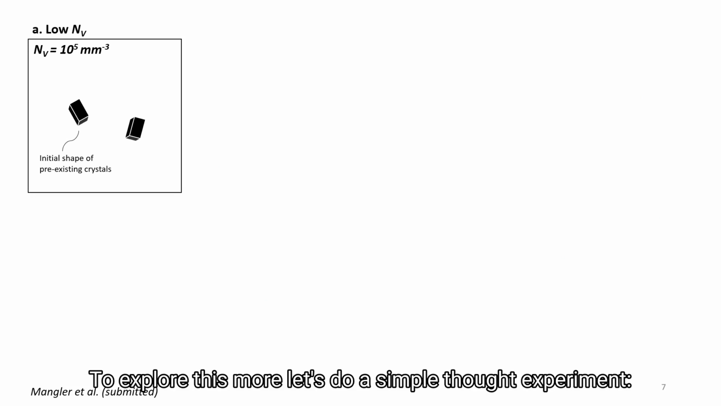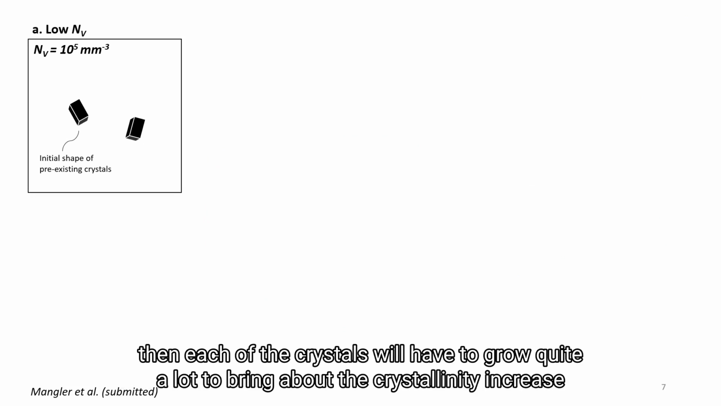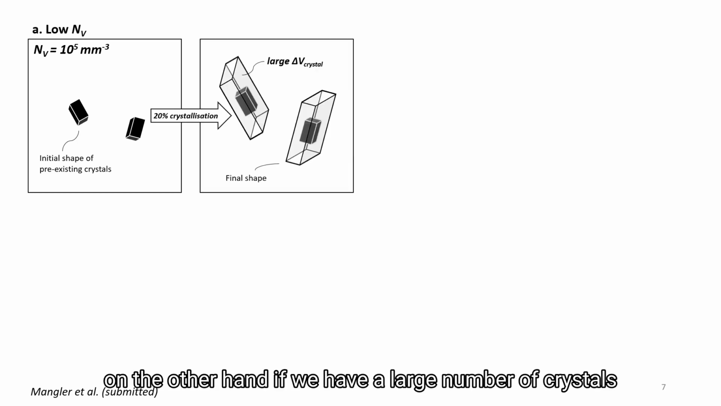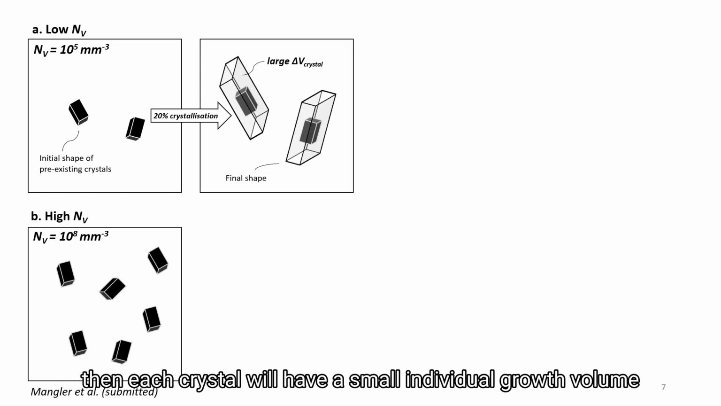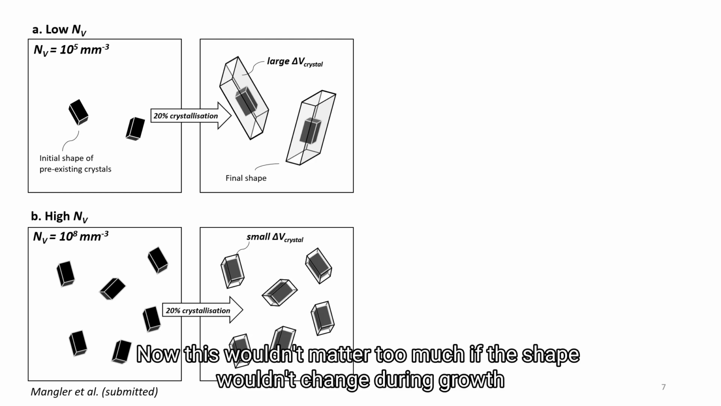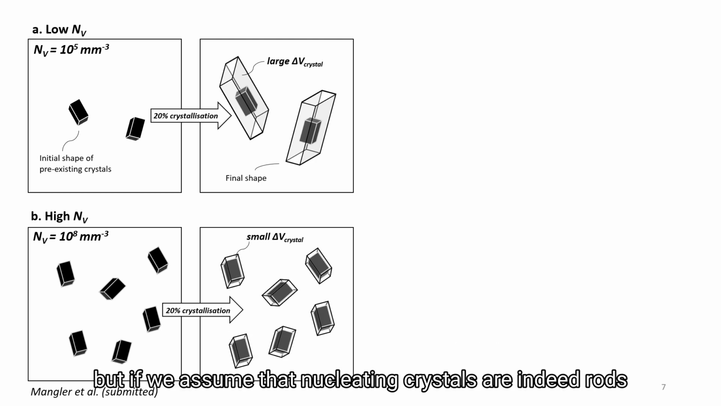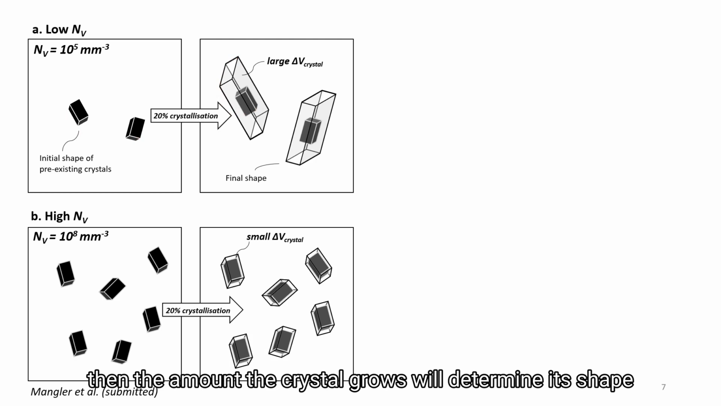To explore this more, let's do a simple thought experiment. If we have a parcel of magma with a low number of crystals and we want to increase crystallinity by 20%, then each of the crystals will have to grow quite a lot to bring about the crystallinity increase. On the other hand, if we have a large number of crystals, then each crystal will have a smaller individual growth volume. Now, this wouldn't matter too much if the shape didn't change during growth, but if we assume that nucleating crystals are indeed rods and that they are overgrown by a more tabular shape, then the amount the crystal grows